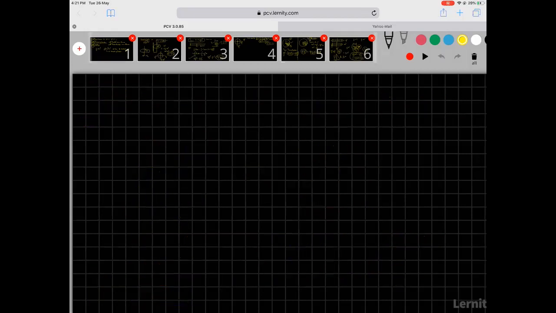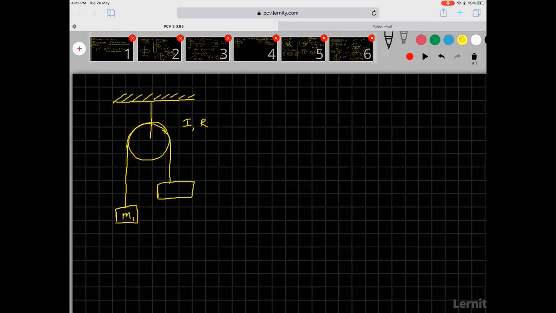Another question which came, okay, forget about the other question. So here there's a disc. Disc has a moment of inertia I. It has a radius R. Now there is a string. It's a simple pulley. On one side you have M1, on the other side you have M2. The way you handle this question is generally we put T on this side and T on this side. But this is not the case. If the pulley has a mass, tension on both sides will be different. So there is T1 here, there is T2 here. Okay, so now you can work it out.